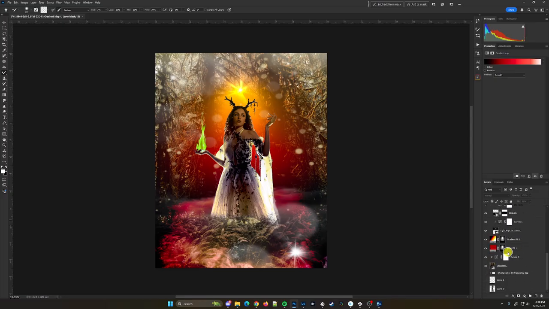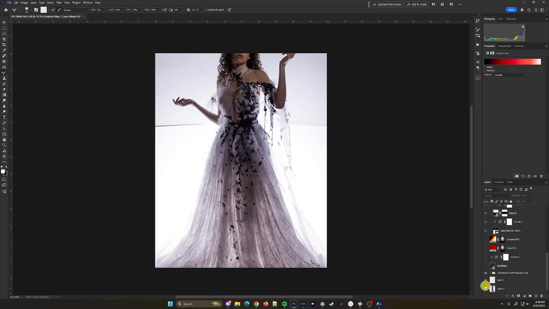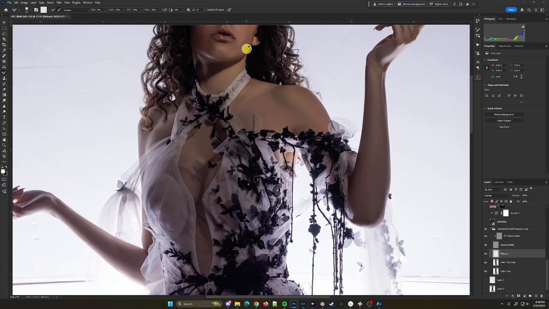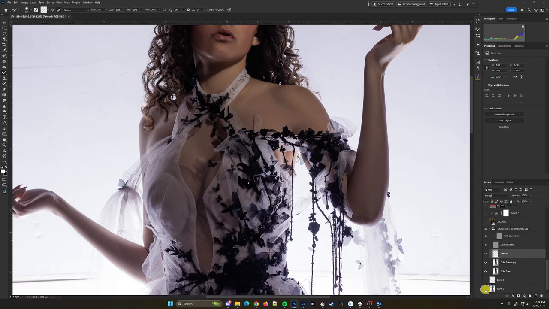So we are going to start all the way at the bottom with this guy, which I lied. Oh, these are all off. That's why. I was like, where's all my things? Oh, I moved it and cropped it. So that's why this is weird, right? So this stuff down here, this is all just skin retouching. If we look in here and I turn this off and on, you can see that I just did some skin retouching.